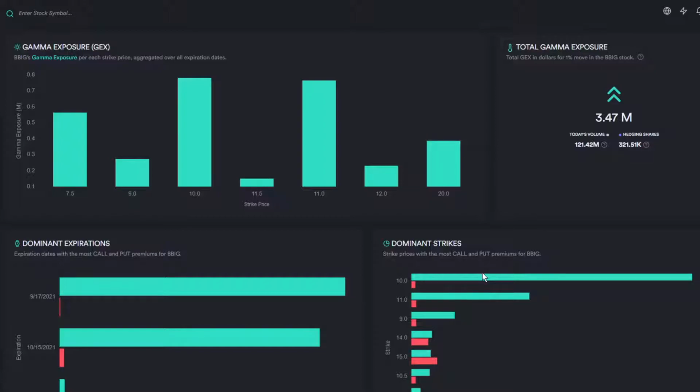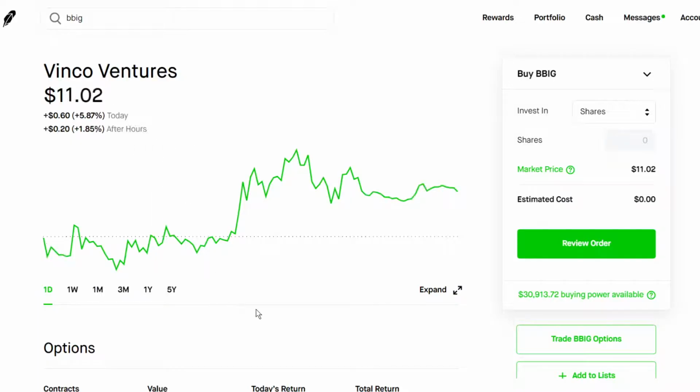And as we can see, the most dominant strikes are the $10 strike, followed by the $11 strike, and then the $9 strike for September 17th, which is next week. So we're really looking forward to the stock maintaining its $10 to $11 price point by next week. And if it can manage to do that, we can see the stock go to sky high levels due to